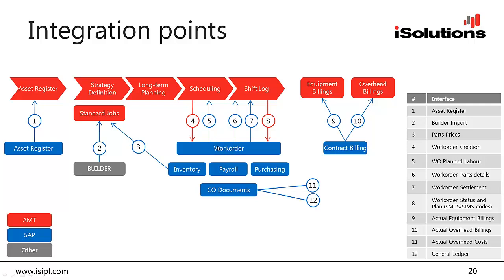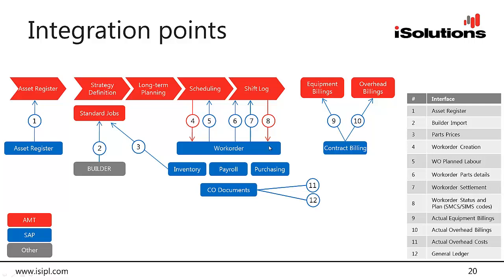The user will do the job planning in SAP. So by that I mean they'll go and enter the planned labor, they'll go and order the parts, go through the same process they would for any other work order. They do all of that in SAP. SAP is feeding back to AMT what that planned labor is, the status of the parts, and also the costs that are associated with that work order as the costs get accumulated. And then finally, at the point where the job is closed, those costs will come through, once the job is performed,